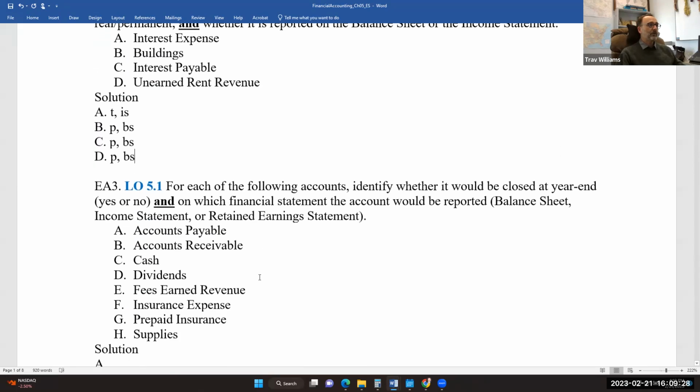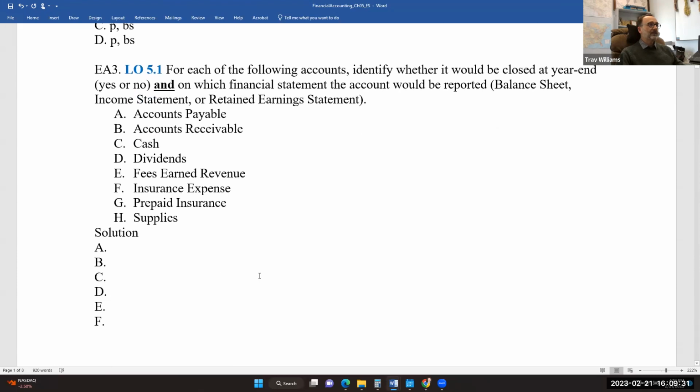Okay, let me know if you have any questions. Otherwise, let's look at number 3. Here, it's asking the same question, but in a different way. Would the account be closed at year end? So if it's temporary, then yes, it would be closed. If it's permanent, then no, it wouldn't. And then we also have to identify the financial statement that it shows up on: balance sheet, income statement, or also retained earnings statement. So accounts payable, that would not get closed out because it's permanent and it's a balance